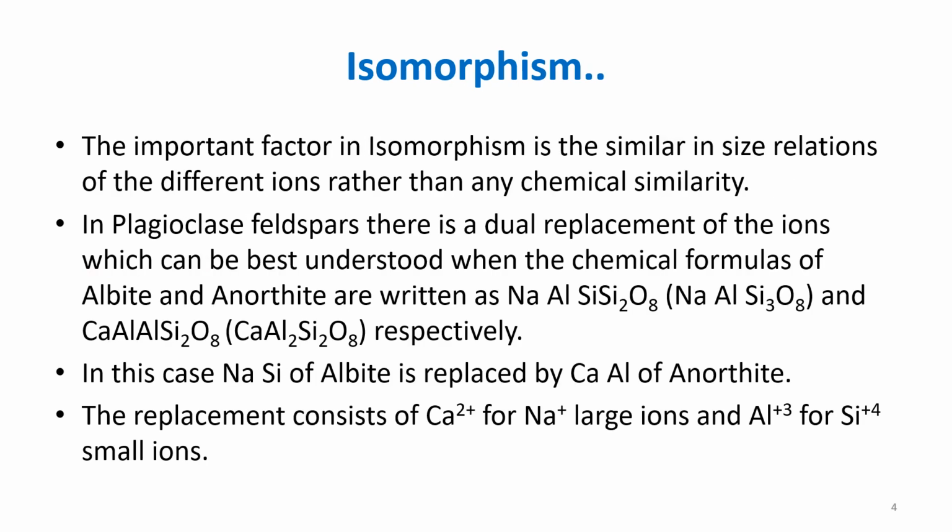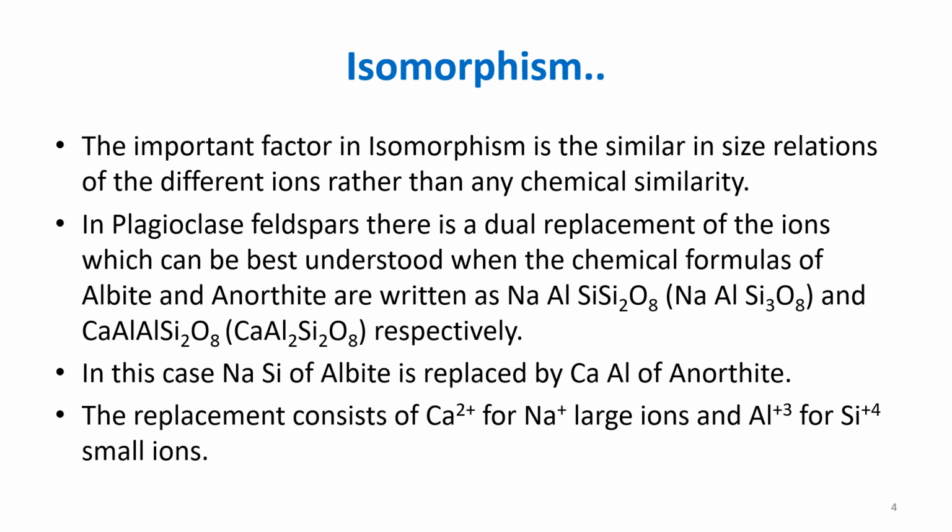An important factor in isomorphism is the similar size relations of the different ions rather than any chemical similarity. So the size of the cation or anion is more important when compared to chemical similarity. In plagioclase feldspar there is a dual replacement of the ions,